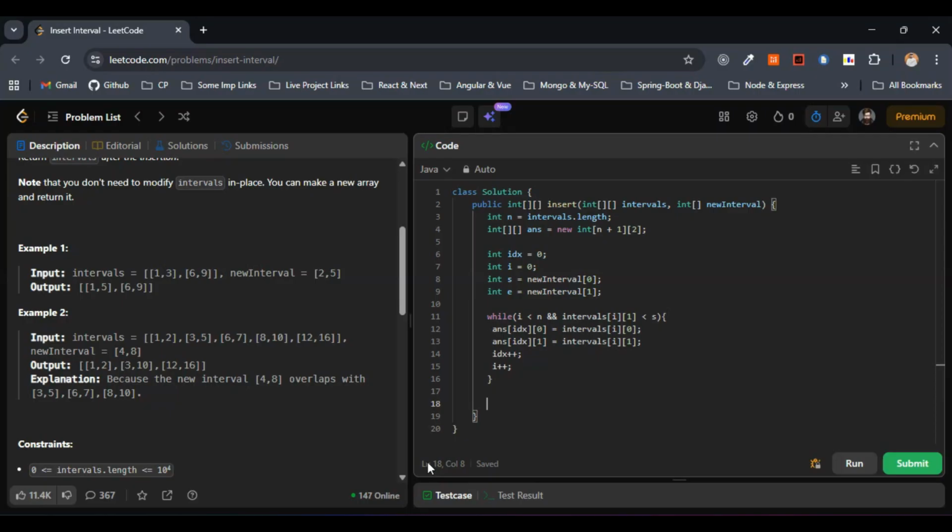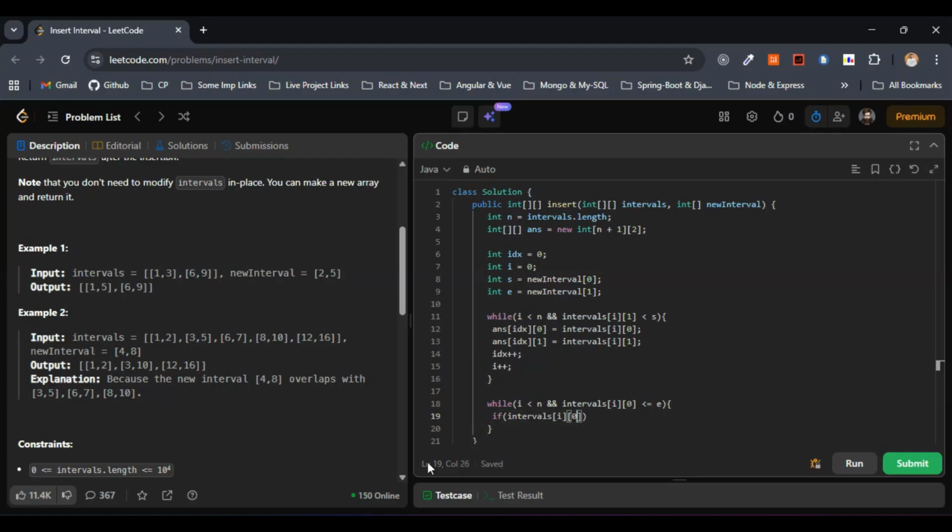Yep, let's do one thing now. According to the approach, after adding all the intervals that end before the new interval starts, we have to merge all the intervals that overlap with the new interval as well. We saw this within the approach, while I explained the example, right? So now let's do one thing. How can I articulate that in the form of code? While I less than n and intervals I this one 0 is less than or equal to e, then if